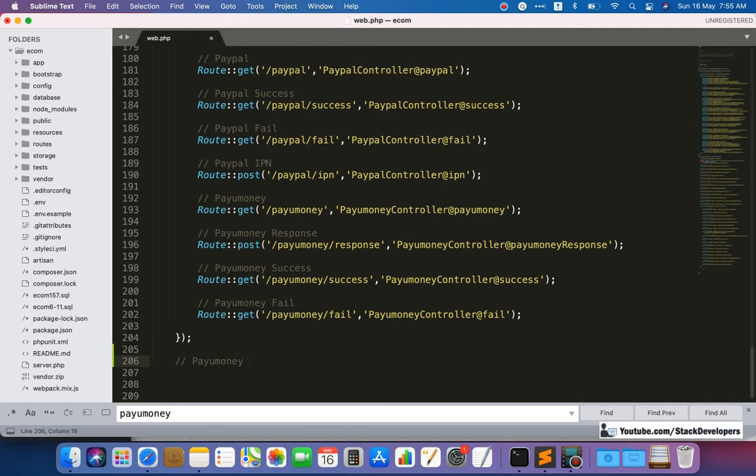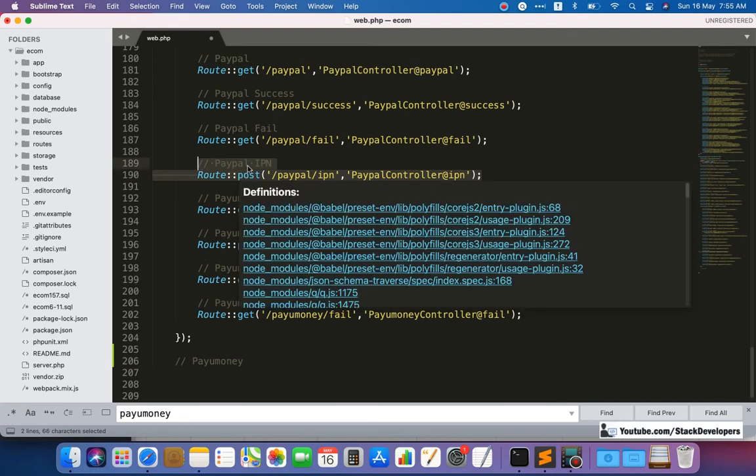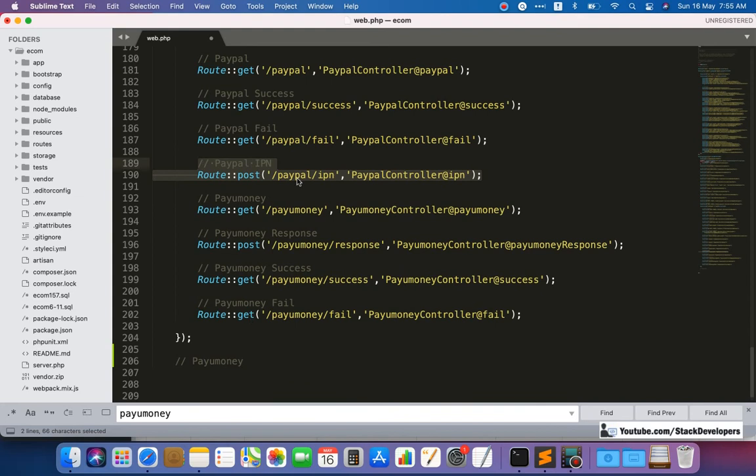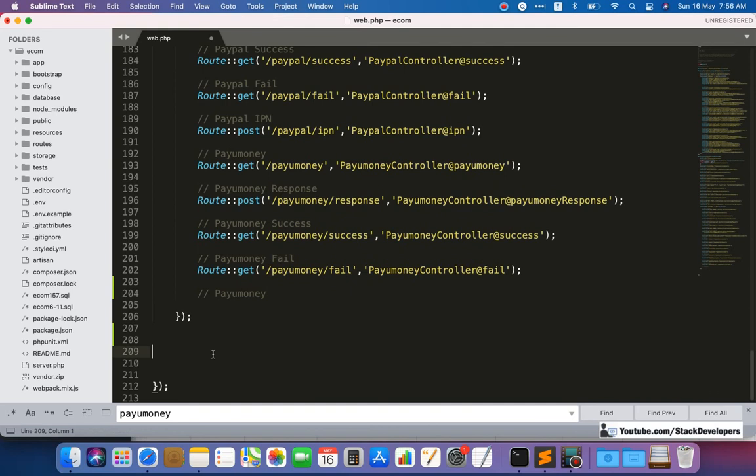One thing to note here, that this PayPal IPN we can also bring outside the auth, in case it will be in trouble, because it's inside the auth; you can also bring it outside. Okay, so right now we are bringing the PayUmoney outside the auth, because we are not sure if it will run inside the auth or not. Okay, let's make it inside the auth itself, and if it finds trouble, then make it outside the auth.